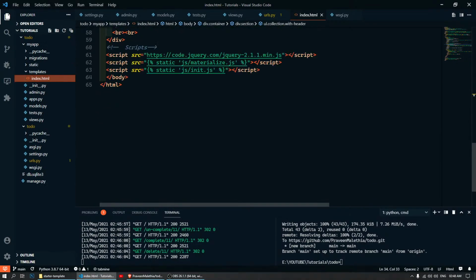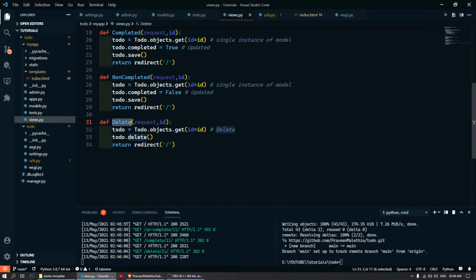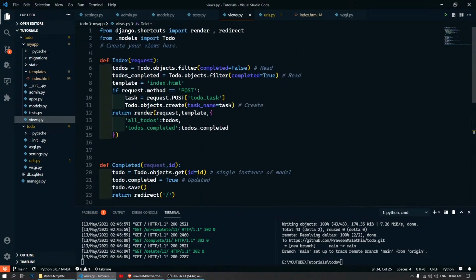So let's summarize what we have created. Create, read, update, and delete. Or you can do it like create, update, read, delete if you really want to just follow CRUD. Okay, so we have created, read, updated, and deleted from the database. So these are the basic core functionalities which you do from the database. And here is the basic of how to work with forms. Like you have to check request.method is equal to form,